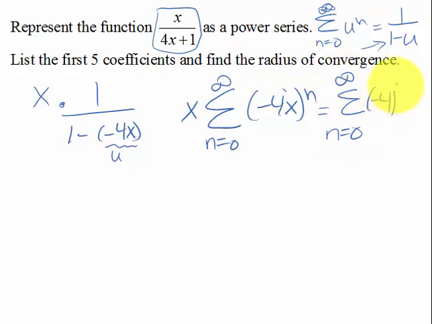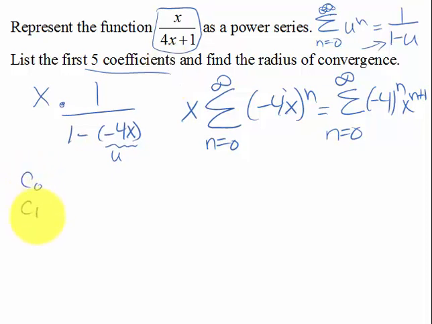We'll have negative 4 to the n, and then we'll have x to the n plus 1, because if we move this x inside, that was x to the n times x to the 1. So here is our power series representation of that function,